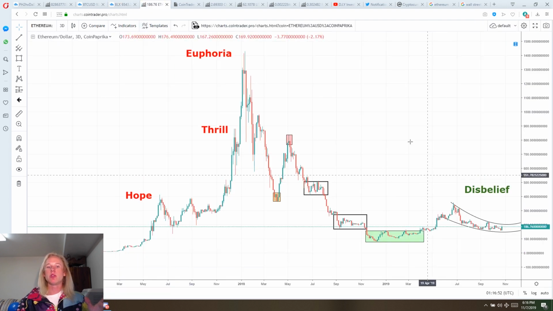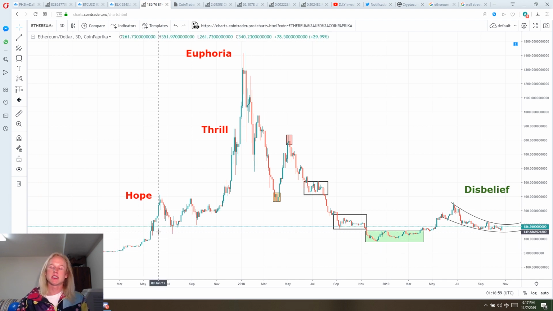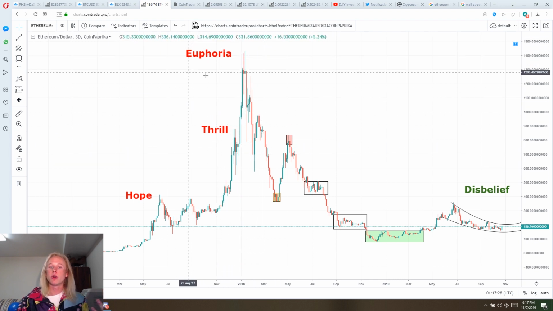Now, let's actually dive into Ethereum's chart here, and we're going to see the same correlations. What we saw inside of Ethereum was roughly the same sort of human emotions as the last cycle. Now, I went through and only labeled a few. These are the most important ones, in my opinion, based off of the emotional psychology of the market, the ones that I want to show you now. This would have been our first experience after we had our major breakout and rally inside of Ethereum. This was where everybody got hopeful. Then we went for one more big impulse, and this is where thrill starts to kick in. Everybody gets extremely excited, and then that leads us to our final and last impulse, which leads to euphoria.